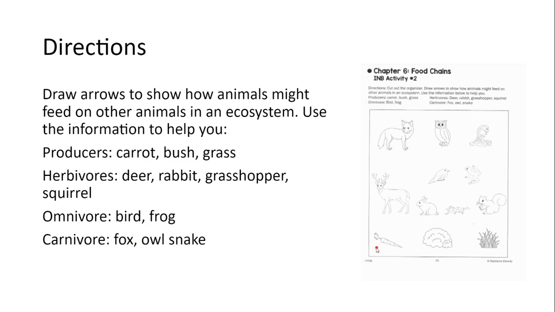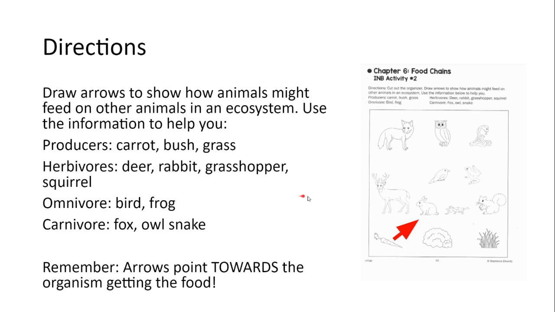And I'm going to actually use a green pen, and I'm going to label my 3 producers with an uppercase P. So I'm going to use a green pen, and I'm going to write producer. So P, and then a capital P, and then another capital P, just to remind myself that these are my producers. So I'm going to use arrows to point towards the organisms that are getting the food or getting the